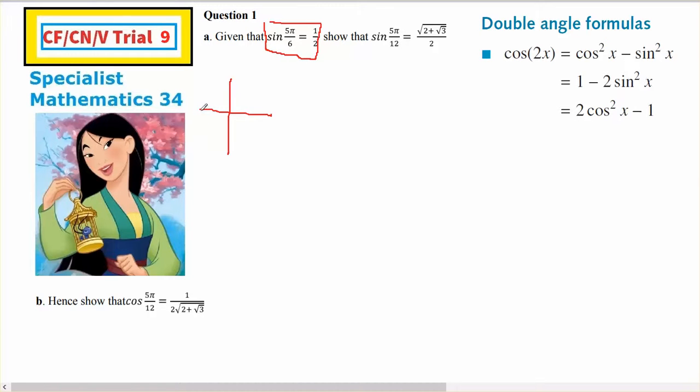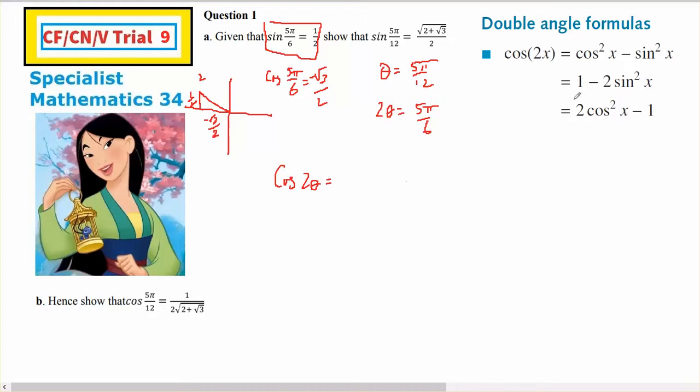I know 5 pi on 6 is in the second quadrant. And if that's a half, then this must be negative root 3 on 2. So I know that the cos of 5 pi on 6 is equal to negative root 3 on 2. Now, if theta equals 5 pi on 12, 2 theta is going to equal 5 pi on 6. So I can use 2 theta for 5 pi on 6, and I know that the cos of 2 theta